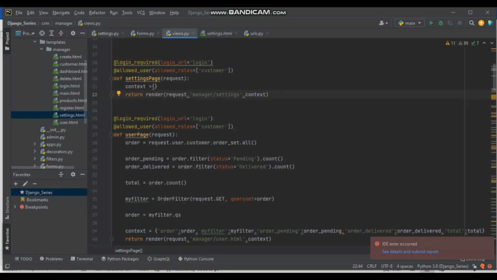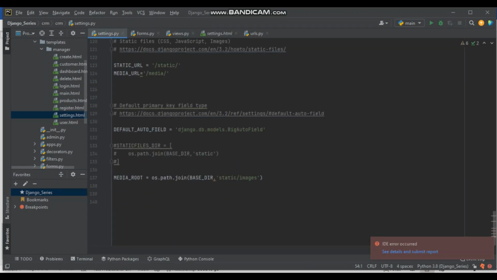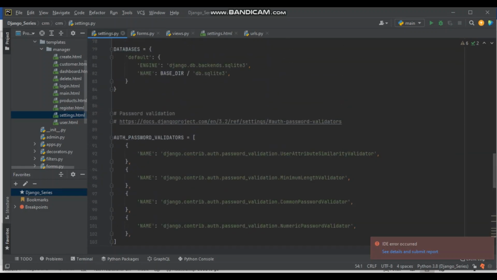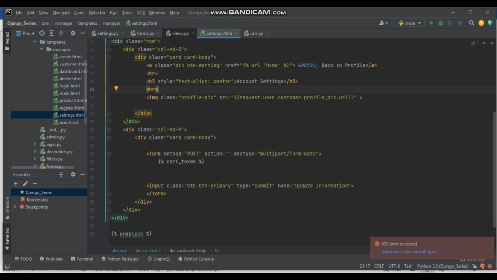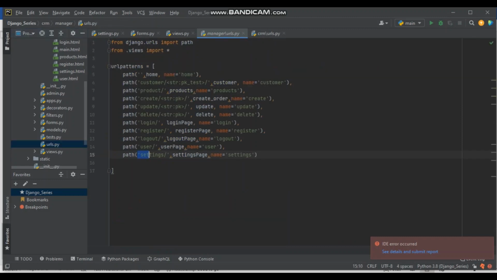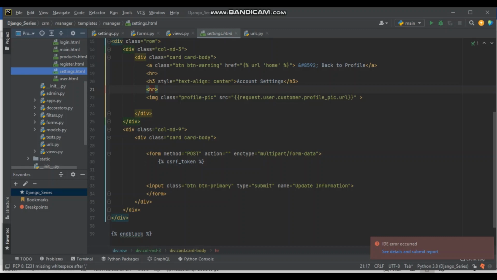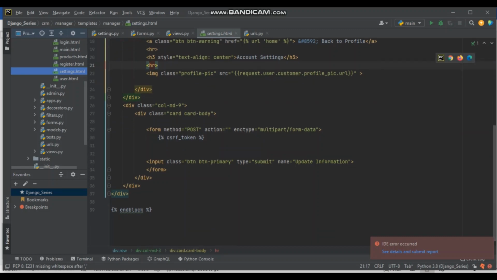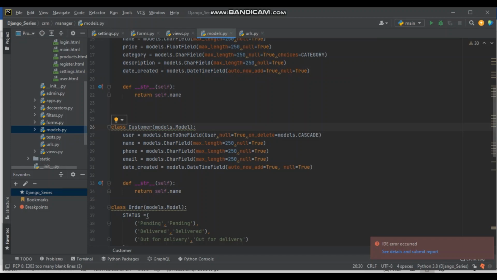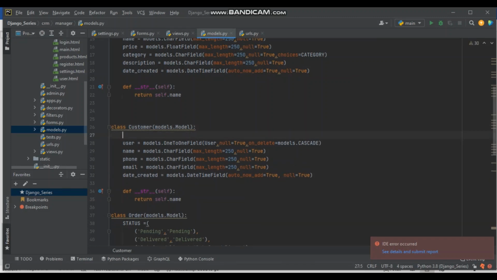Then I created this function view. For now let me not speak about this, I just wanted you to know that. And I also put it in URLs. So we have this URL with this view, and then this template, settings. So first thing we're gonna do, we're gonna go to models.py, and we're gonna say profile